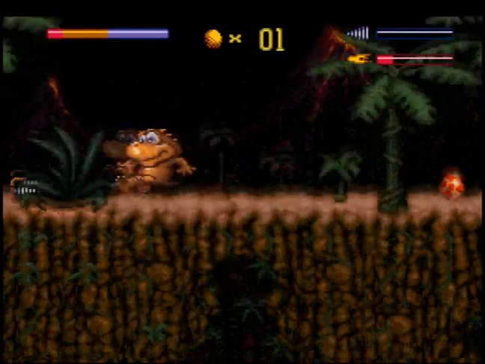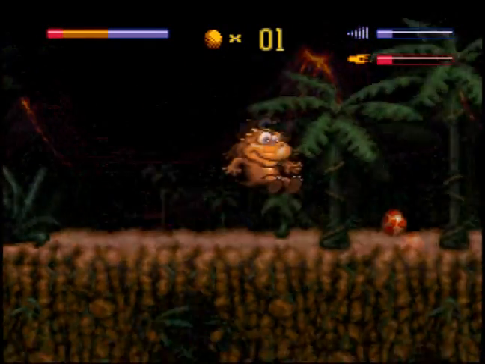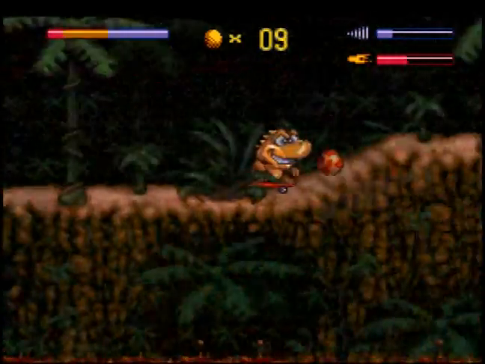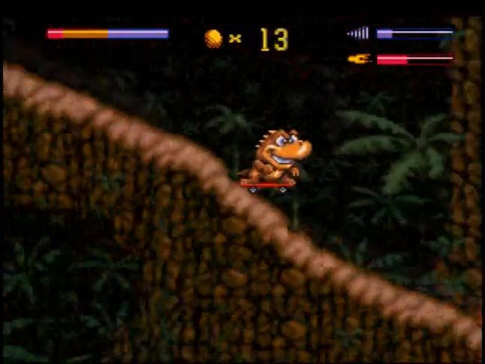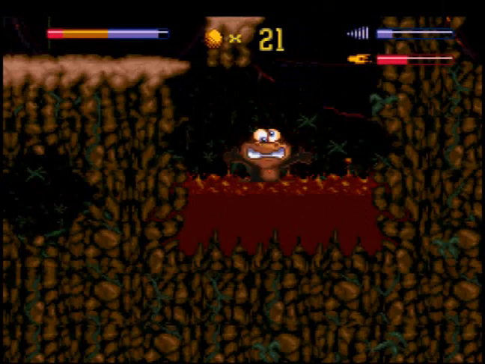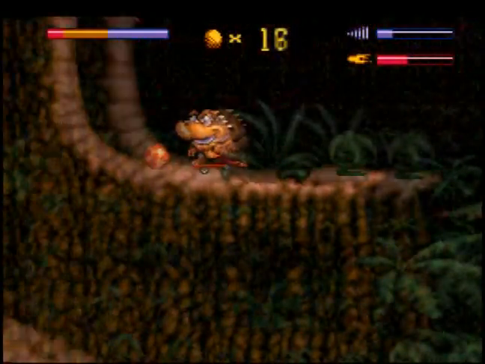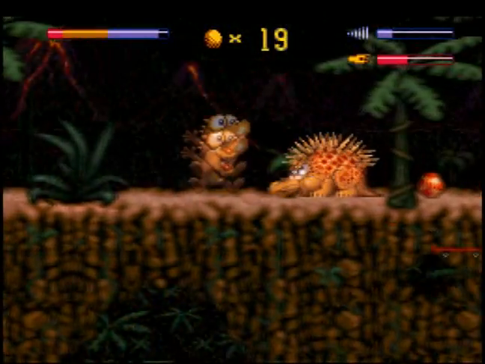And yes, what you just saw was correct. You have a skateboard that the T-Rex can use to get around the level. However, this skateboard is really fast, and you'll often find yourself pummeling into a fire pit and restarting the level. It is almost as if they tried to incorporate some of Sonic's speed into this game, but it just doesn't